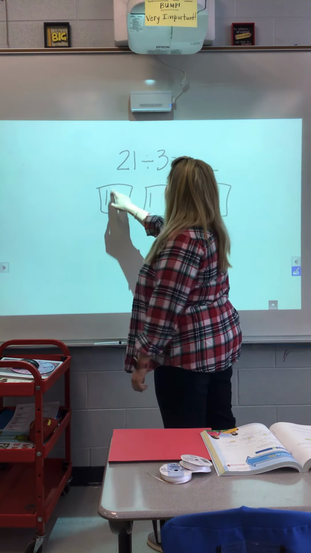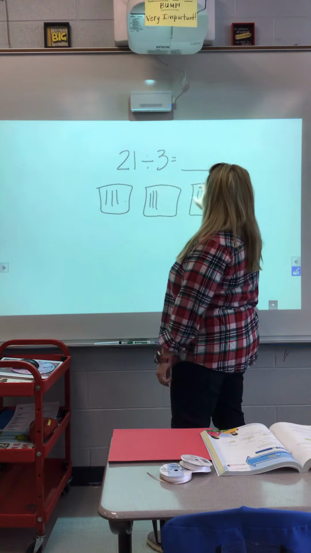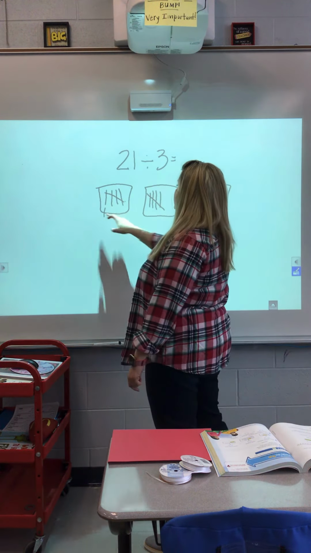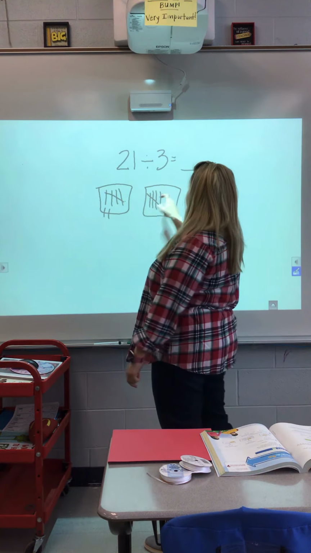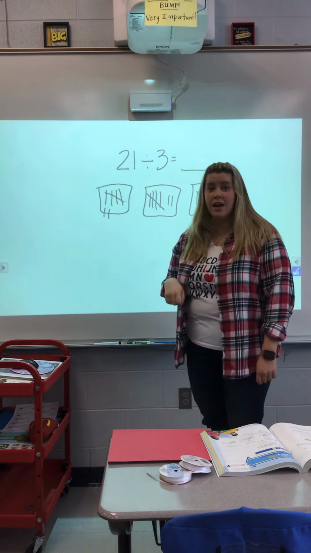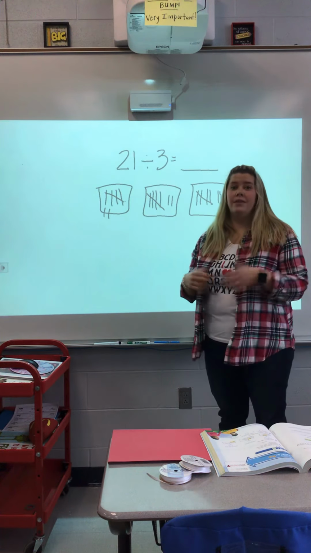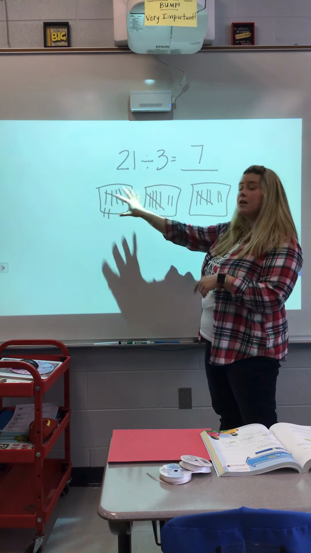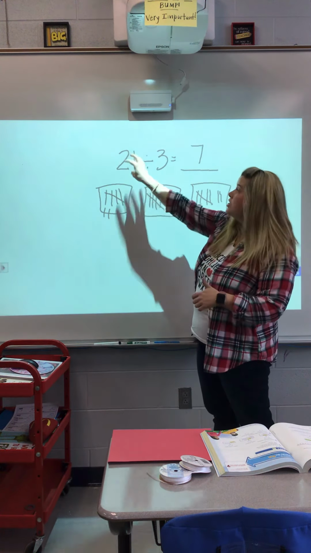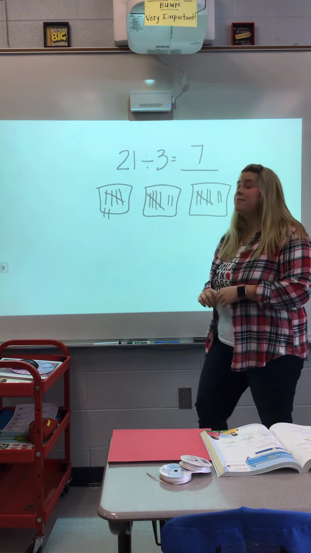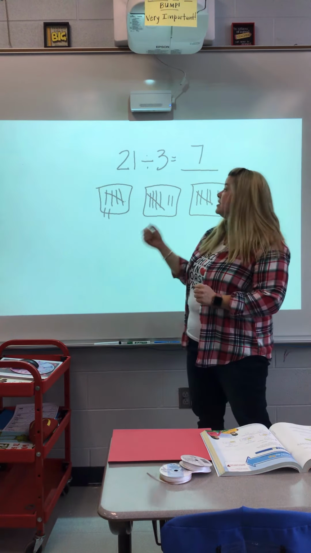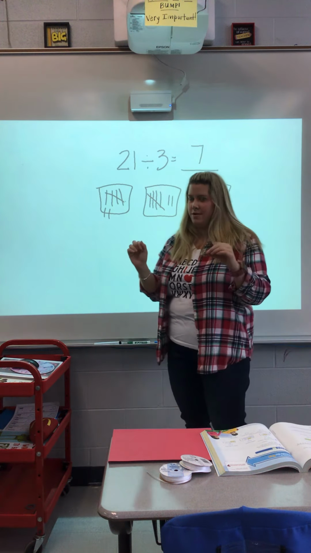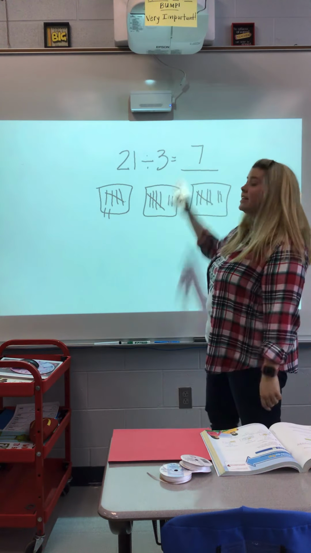1, 2, 3, 4, 5, 6, 7, 8, 9, 10, 11, 12, 13, 14, 15, 16, 17, 18, 19, 20, 21. How many are in each group? 7. Okay, so that is me using a model, a picture, to solve 21 divided by 3. I have 21 tally marks divided equally. Remember, no matter which one we're talking about, equal is important, among my 3 groups, and that leaves 7 tally